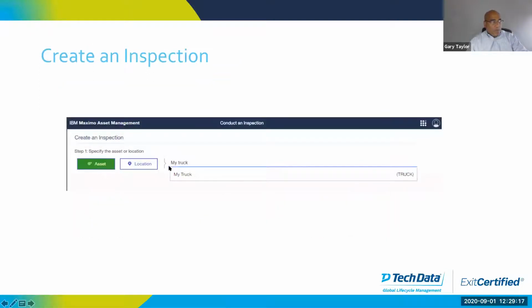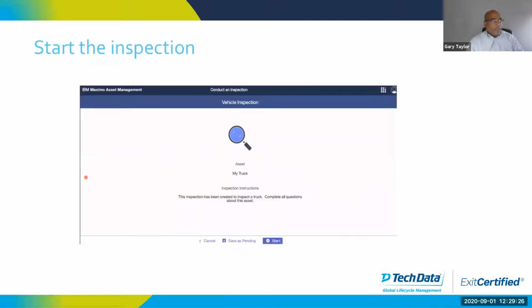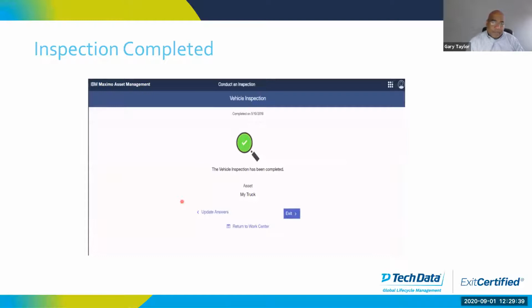It's also possible to create inspections. We can do that directly based on the schedule. We can set them up, and we can also have them happen on demand as well. I'm going to show you that in just a second. And when we're done, we'll complete the inspection. The form that has been created will be made available to the person who's been assigned the work. They will fill in that form, and then from there, we'll be able to have that completed inspection and share that information with the individuals who are using the actual